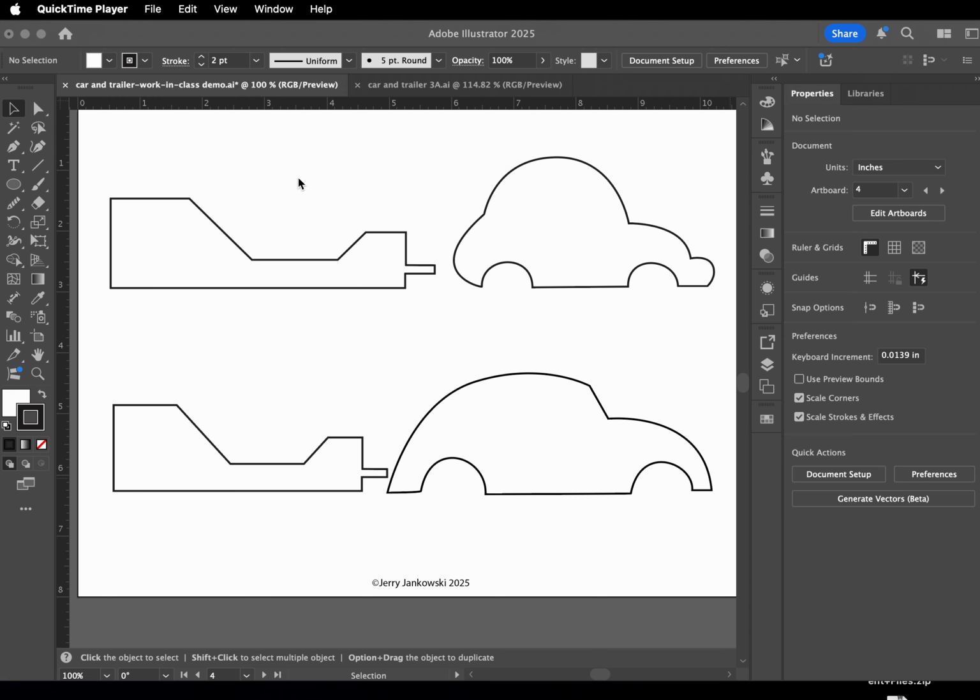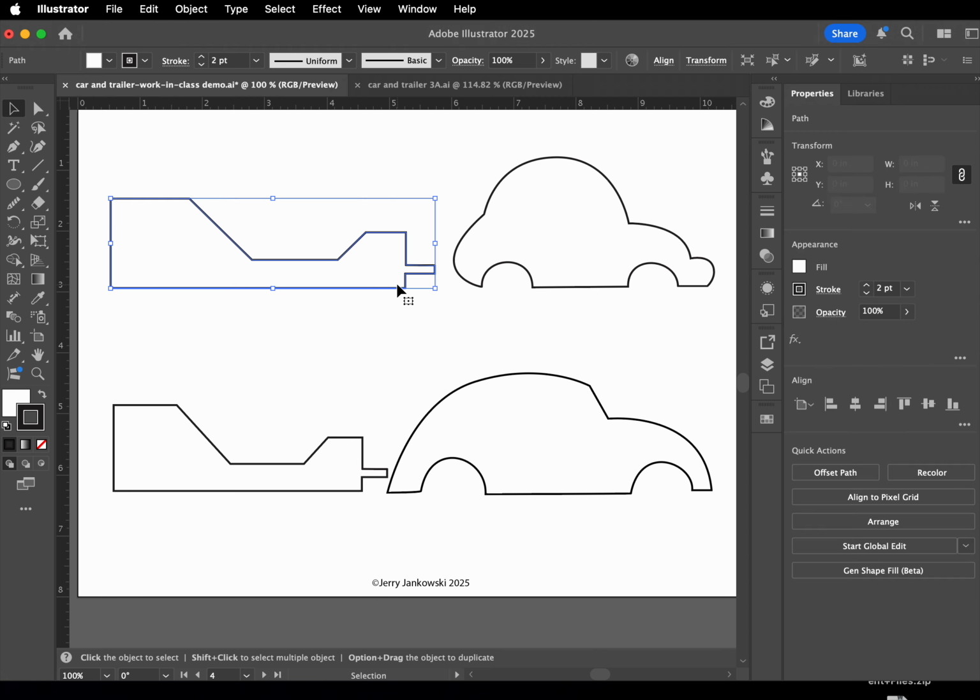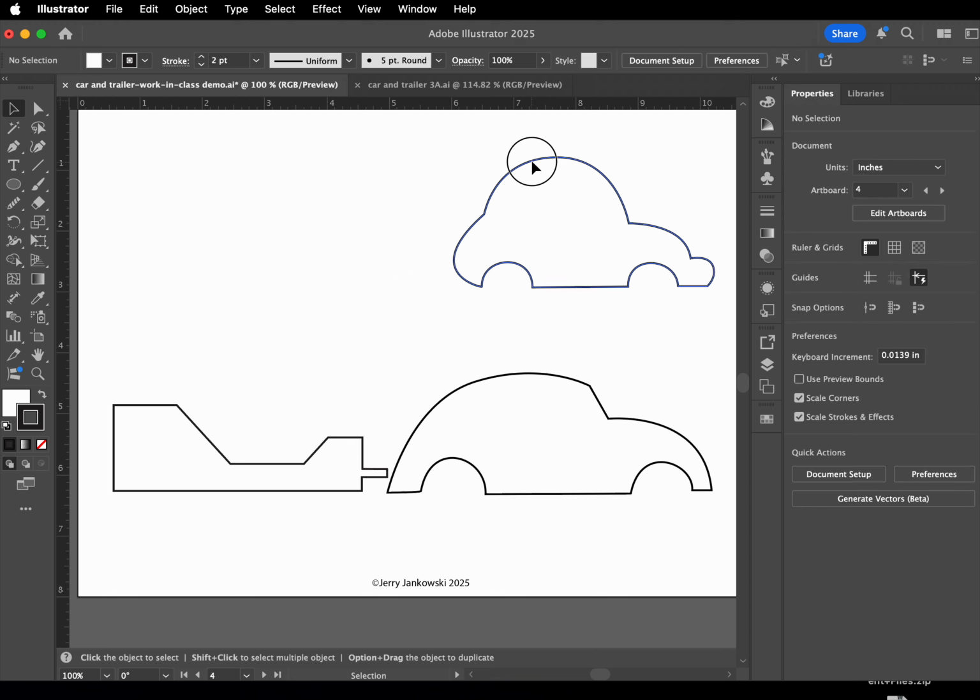So here's the trailer and the car that was from the last exercise. Let's get rid of them. Delete and delete. What you see here is basically the trailer. I truncated it, I made it a little bit shorter, and the car is different. I didn't like the car. It looked a little bit too funky, the kind of roly-poly rounded one. So I wanted something that looked like a Volkswagen Beetle, and to do that,